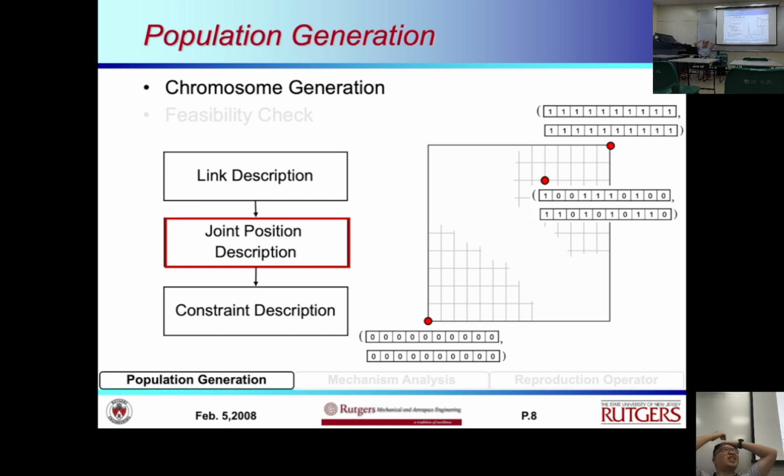So if she has an 8 joint mechanism and it's in a planar problem, that means there will be 16 x and y's, and every one of them occupy 10 digits. So for positions, she's already occupying 160 digits to describe the positions of 8 different